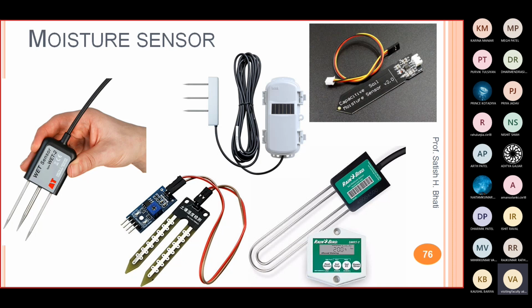Others you will see are sensors, but they look like equipment or a device, right? They have a display, so you can see the reading on it. Generally they are used only for measurement purposes, and when you want to do some automation, we use the sensor which you can interface with the microcontroller. It has a terminal, it has wires.